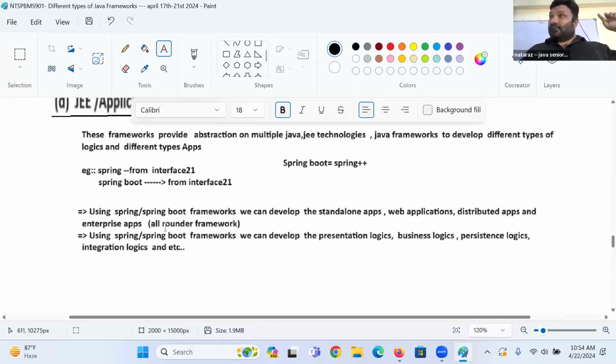Then they learned Hibernate, web services, Spring and Spring Boot also. But now it's not required. It's all about just learning Spring Boot. We are just entering into Spring, and from there we move to Spring Boot, and everything we learn in Spring Boot. Got the clarity, my dear everyone?